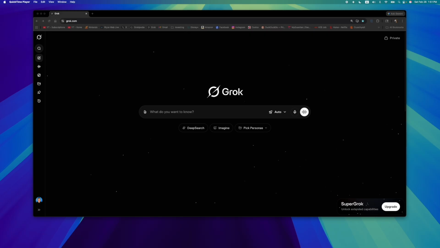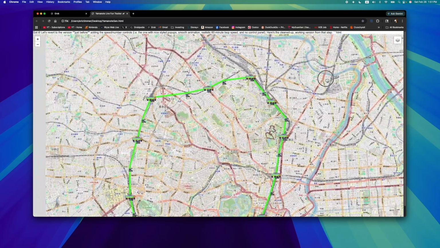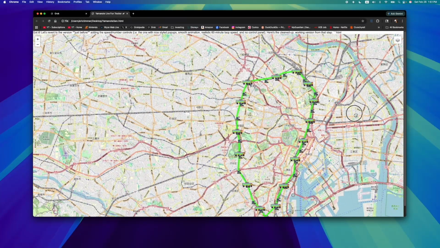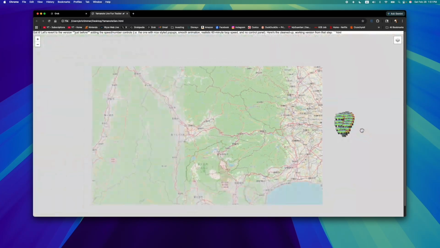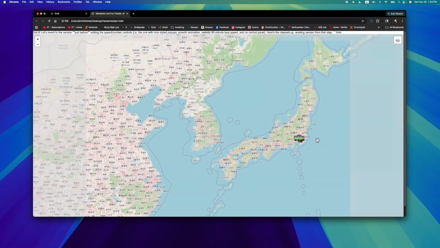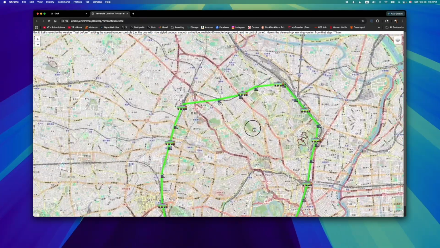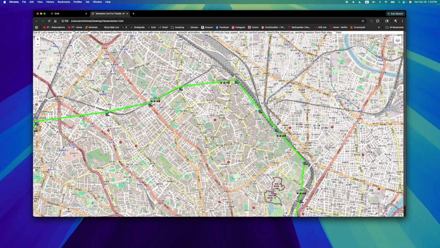I call it the Yamanote Sen. And what it does is it actually maps out the Yamanote line in Tokyo. Let me zoom out here. So we're in Tokyo, Japan. And you can zoom all the way in, and it has animations with a little voxel kind of style